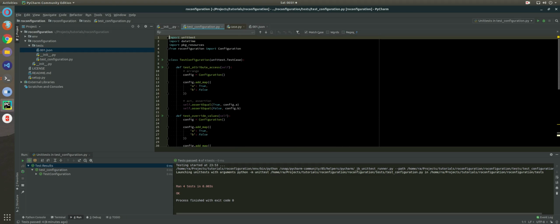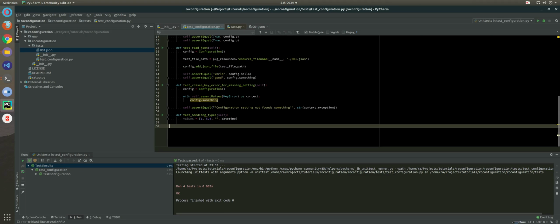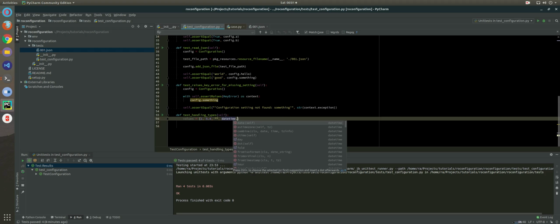I actually imported the module, I want to import the class. Now it looks weird, but in Python the module is called datetime, and the class inside you have datetime, date, timedelta, for example. So when you want to actually use datetime as a class, you need to write from datetime import datetime. So datetime.now,